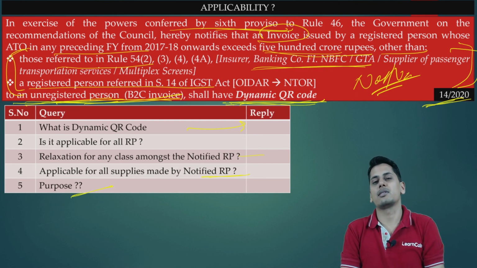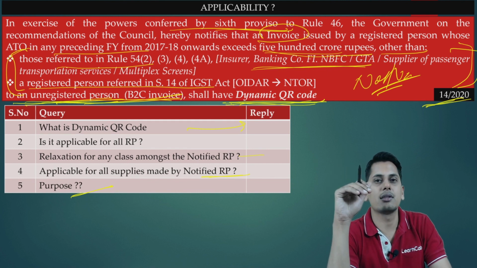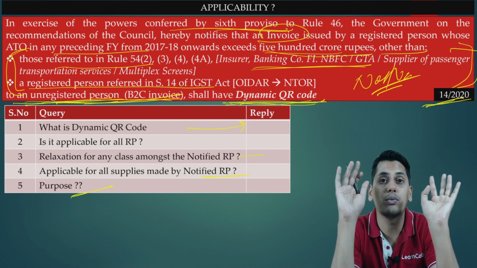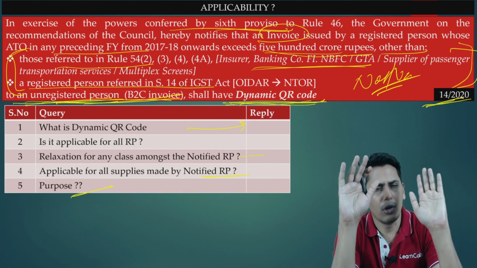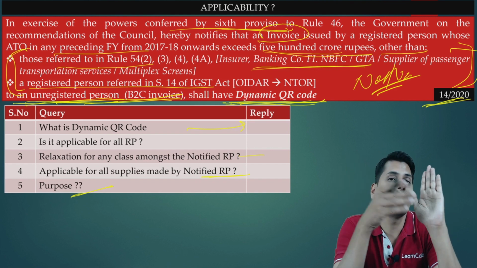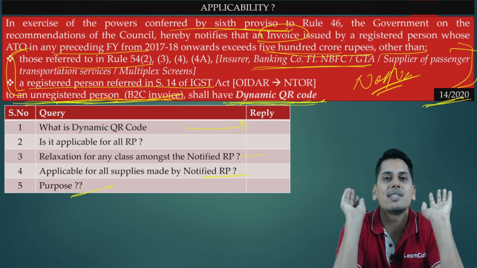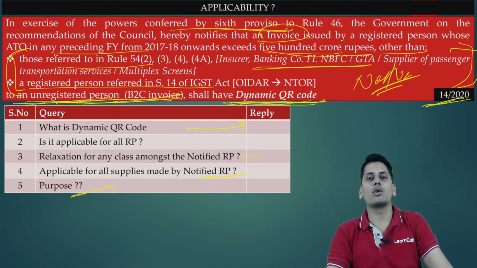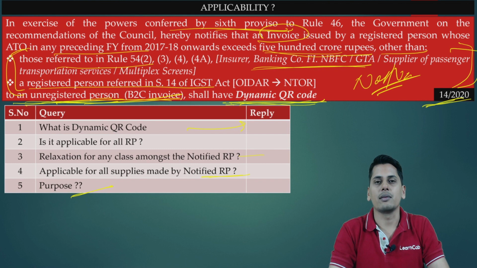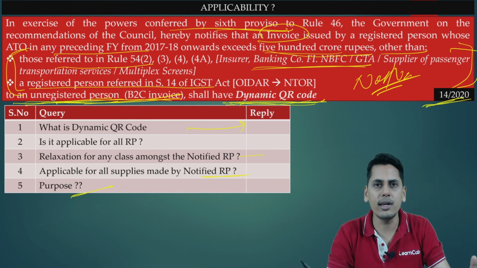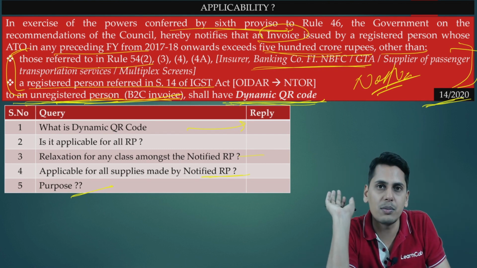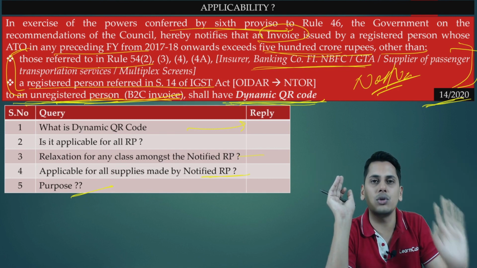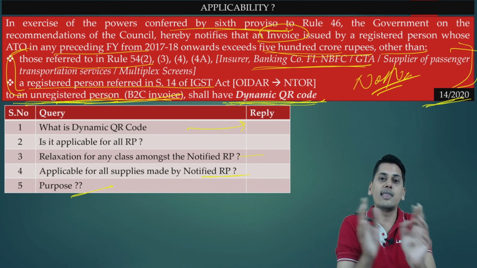What is the purpose of this QR code? Friends, the earlier QR code we have seen, rule number 46 sub rule (4), means that for notified persons, the tax invoice should contain a QR code having an embedded invoice reference number in it. What was the purpose of that QR code? The purpose was real-time reporting. Before you raise an invoice, report the invoice to the invoice registration portal, obtain an invoice reference number, and then issue the invoice to your recipient. So first reporting happens, then you give an invoice.